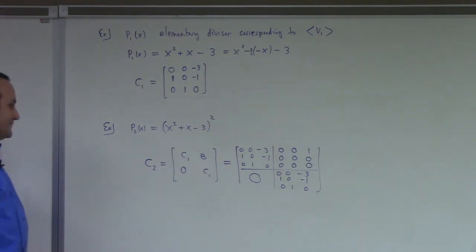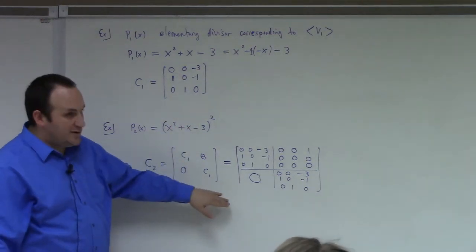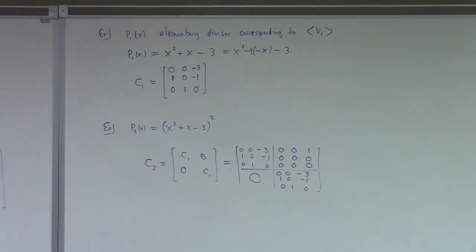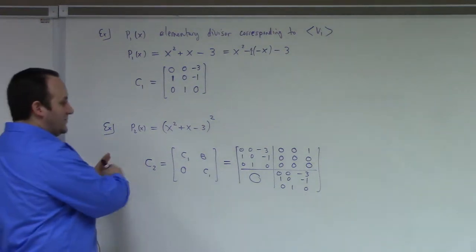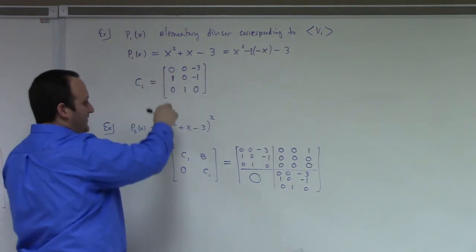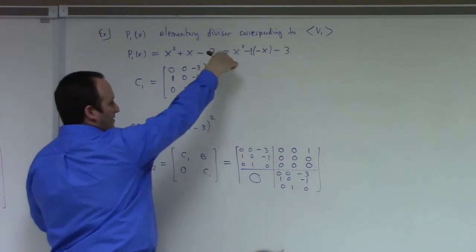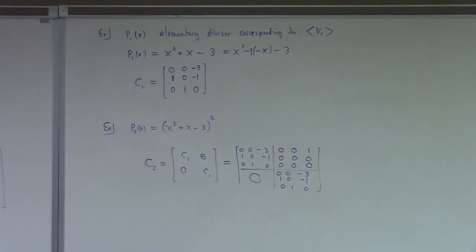Anyway, that's the companion matrix for a square. And this goes on. If it was a cube, you'd put C1, C1, C1, and then you've got a B1 here, and a 0 up there. And the story goes on. The point is you can find a companion matrix to any possible polynomial, right? There's always a companion matrix corresponding to a polynomial, which has, if it's just a plain polynomial, ones down the subdiagonal, and then the coefficients of the polynomial in the last column in the way I've described here. And because the elementary divisor theorem says that there exists this set of vectors, v1 through vs, for which